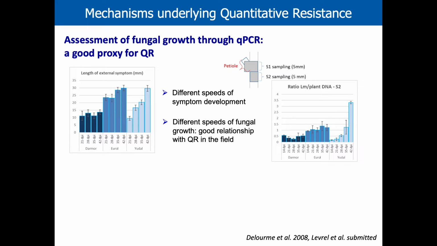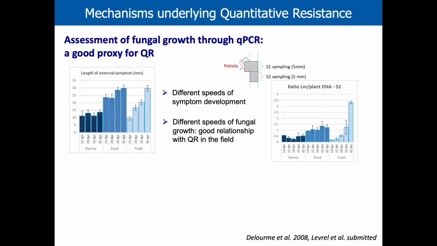We sampled stem sections at the inoculated petiole insertion site and just below, and then quantified fungal and plant DNA through qPCR. This confirmed the resistance of Darmor with low fungal amounts, and confirmed the different speed of fungal growth in the stem of Ural and Udall. At 42 days post-inoculation, the amount of Leptosphaeria maculans was much higher in Udall, which provided a good proxy of